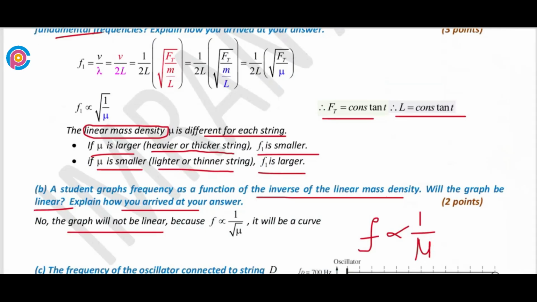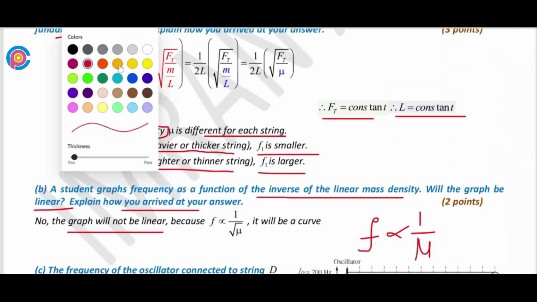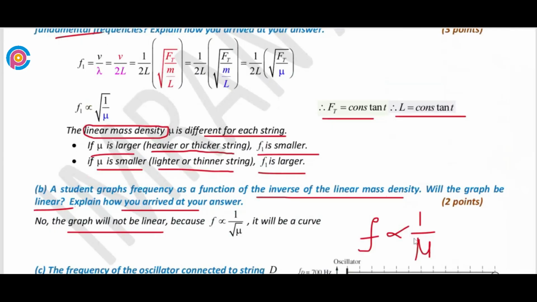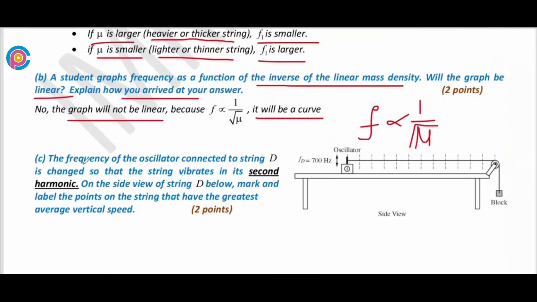But in this case, we have a different situation. We have the square root of mu, so the square root value doesn't follow the linear pattern. It will be a curve. That's the answer. Next point: the frequency of the oscillator connected to D is changed so that the string vibrates in the second